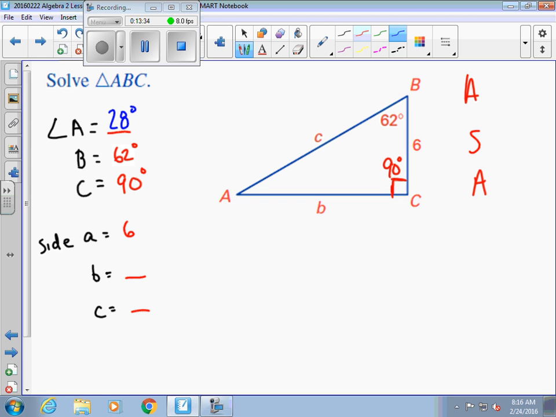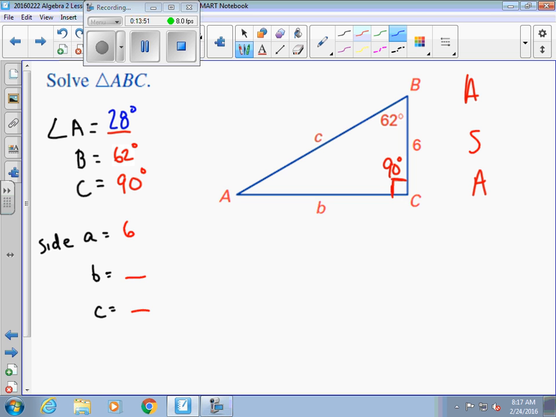Everybody should have been able to handle that one. 28 degrees for angle A. And again, putting all three of them together gives you 180 degrees. The three sides, and I had to change side A and side B. I had them mixed up. Remember, side B,